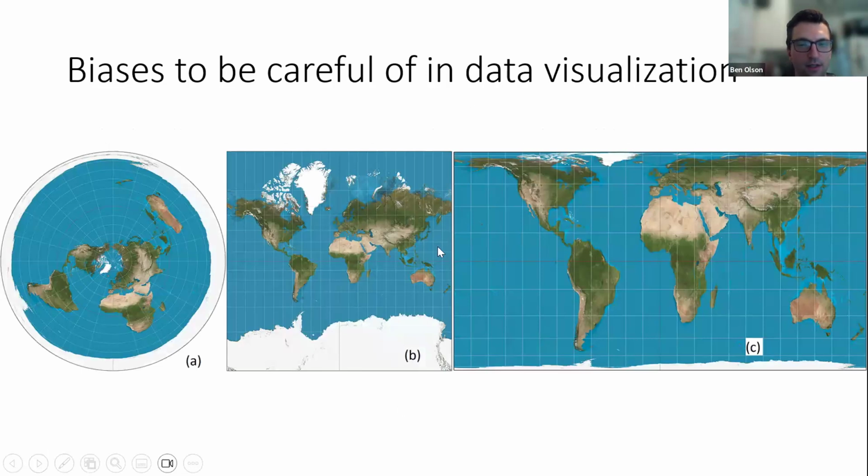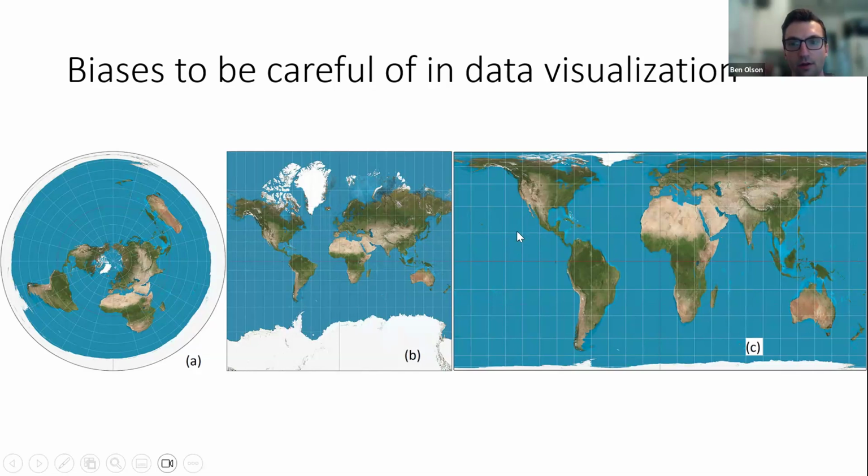Here, I thought this was a good comparison of 3 different projections of the world map that shows just how vastly different you can show the same area given the projection you've chosen to use. In the case of A on the left here, you'd have to have a pretty specific use case to choose that projection. I think that's not very common, and the typical reader would be like, wait, what am I looking at here? B and C are more commonly used, but you can see there are big differences